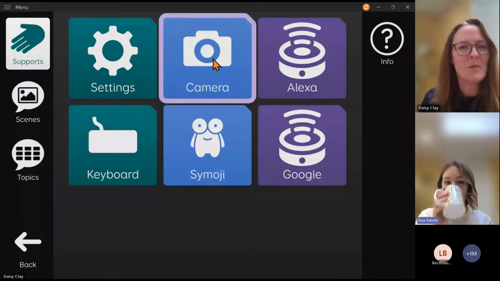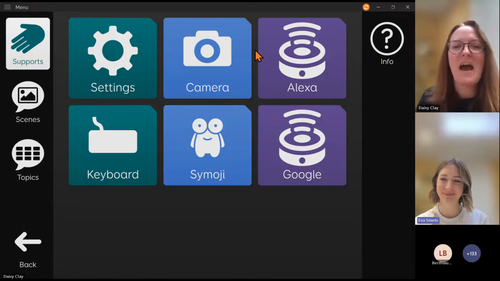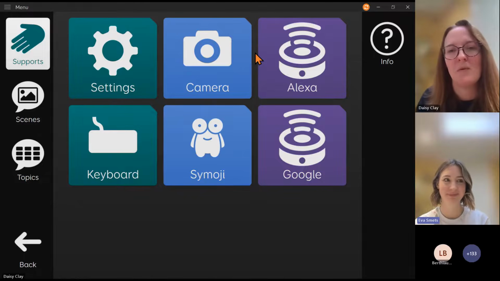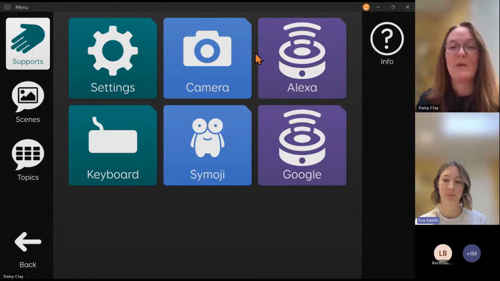We've got a camera, which I won't click onto now because you'll see me in selfie mode or the back of the desk, but you've got a camera, so that will use whichever camera you've got on your device. If that's an iPad, we'll use the iPad camera, and that can be really helpful. So perhaps a person with aphasia wants to take a photo when someone comes to visit them, and then they can go back to have a look at that photo later to communicate who came to see them.